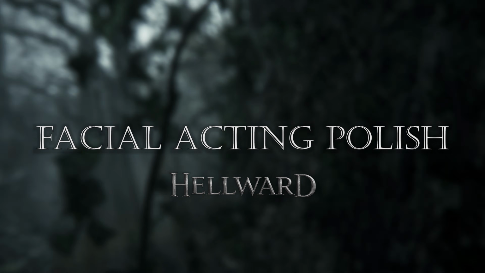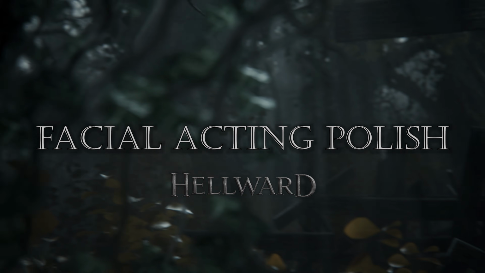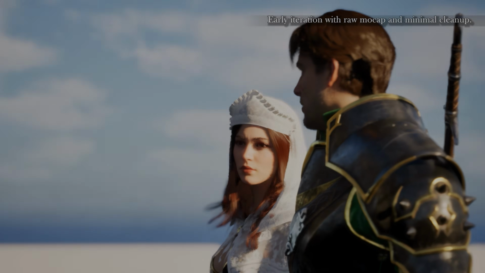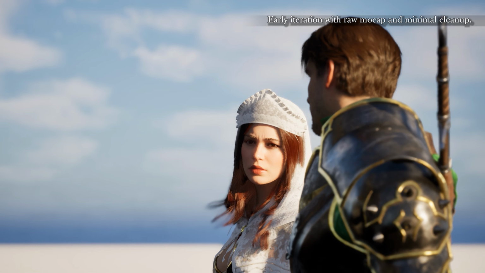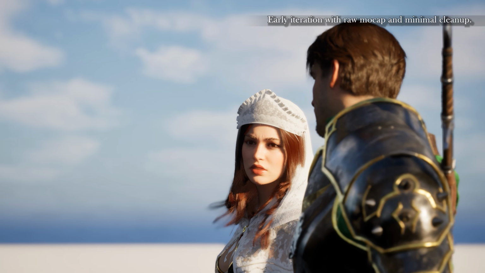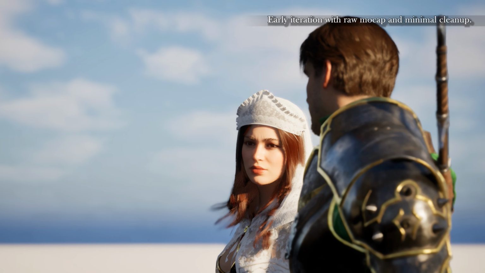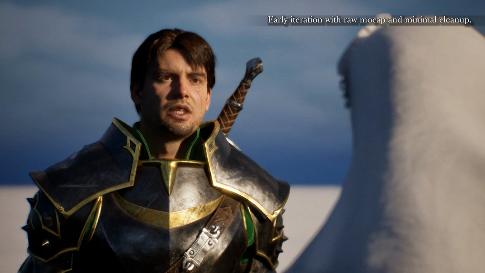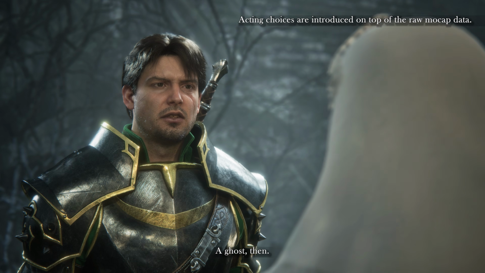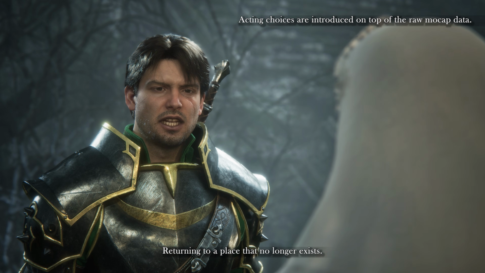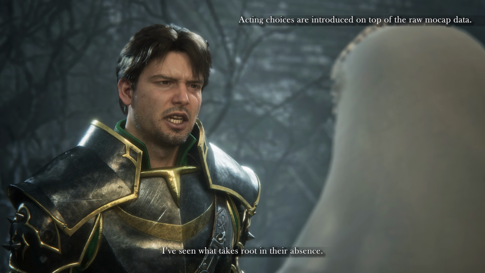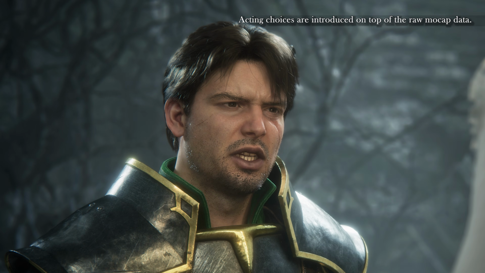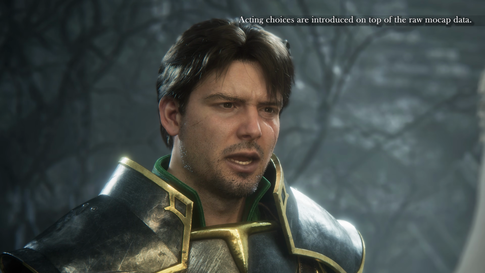Next, let's refine the facial performance to make the acting feel more intentional. We already have a strong base from the facial capture, but same as with the body performance, now that we see everything in context, including the changed voice, we can push the performance further. In this case, my knight is a very stoic and serious character, so one of the things that worked very well for him is to emphasize certain words using subtle eyebrow movements. For example, adding a slight angry brow expression on the most emphasized word in the sentence.